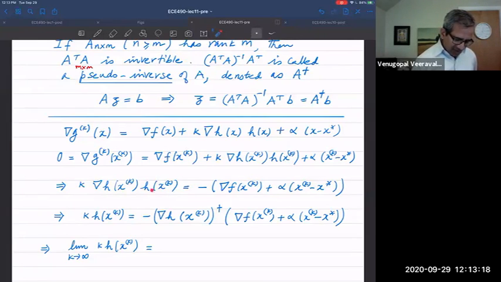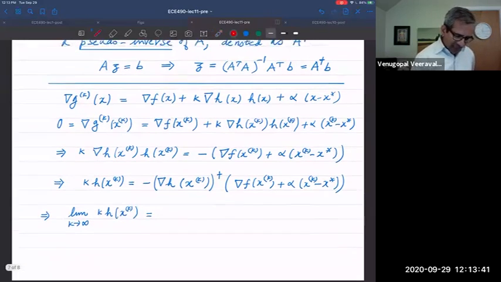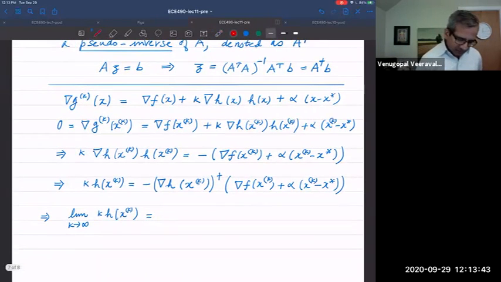So k times that vector must be the negative of the pseudo inverse of this grad h matrix times this vector. This is like my b vector. So if I now look at the limit of this as k goes to infinity, this is minus